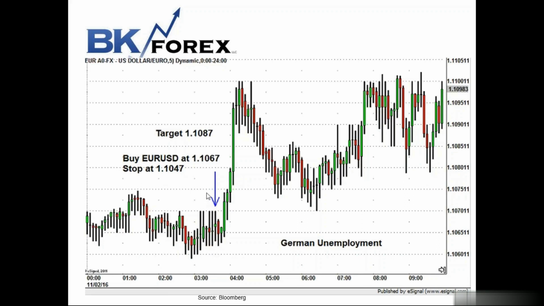So our stop is at 110.47. If you want a little bit more leeway, you can do 30 pips. And our first profit target of 110.87 is hit relatively quickly. And your second profit target, considering that in the next 5, 10, 15, 20, 25 minutes after the number comes out, the currency runs up all the way to 111. Your first profit target would have been hit. Your second profit target would not have been hit because your second profit target was at 111.07.